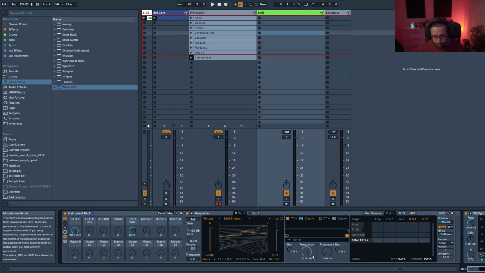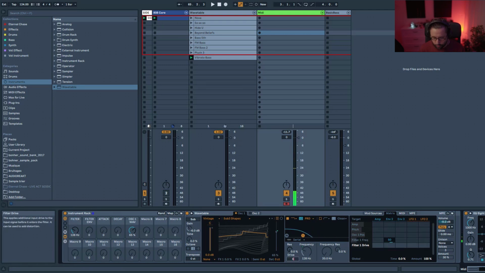So here in Matrix, you basically want your envelope modulating the filter. So you can put around 50. And you want to bring down your filter. So like I said, 12 dB low pass filter. I'm going to use the Prodigy model, and I'm going to add a bit of drive, just to add a bit of grit, no resonance. And you can see without filter modulation, the sound is pretty dull, but when I get